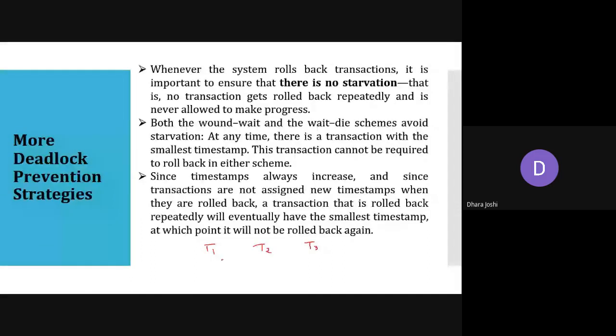Okay. Now, as per this wait-die scheme, whoever is the junior, like T3 is junior, so T3 needs to roll back. So T3 has rolled back. Suppose next time for any other data item, again T3 will roll back, but the timestamp will not get changed. So at any point of time, whenever T4 enters into the system, which is having the highest timestamp, so here whenever T3 is compared with T4, T3 is having the smallest timestamp, so it will get the turn before T4.